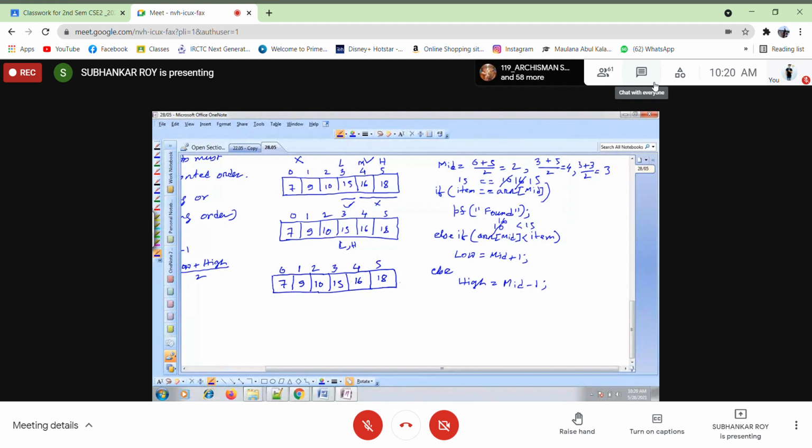Okay. Now again, this is low, this is high, and mid will be what? This one will be mid. And the item we want to search is 14.